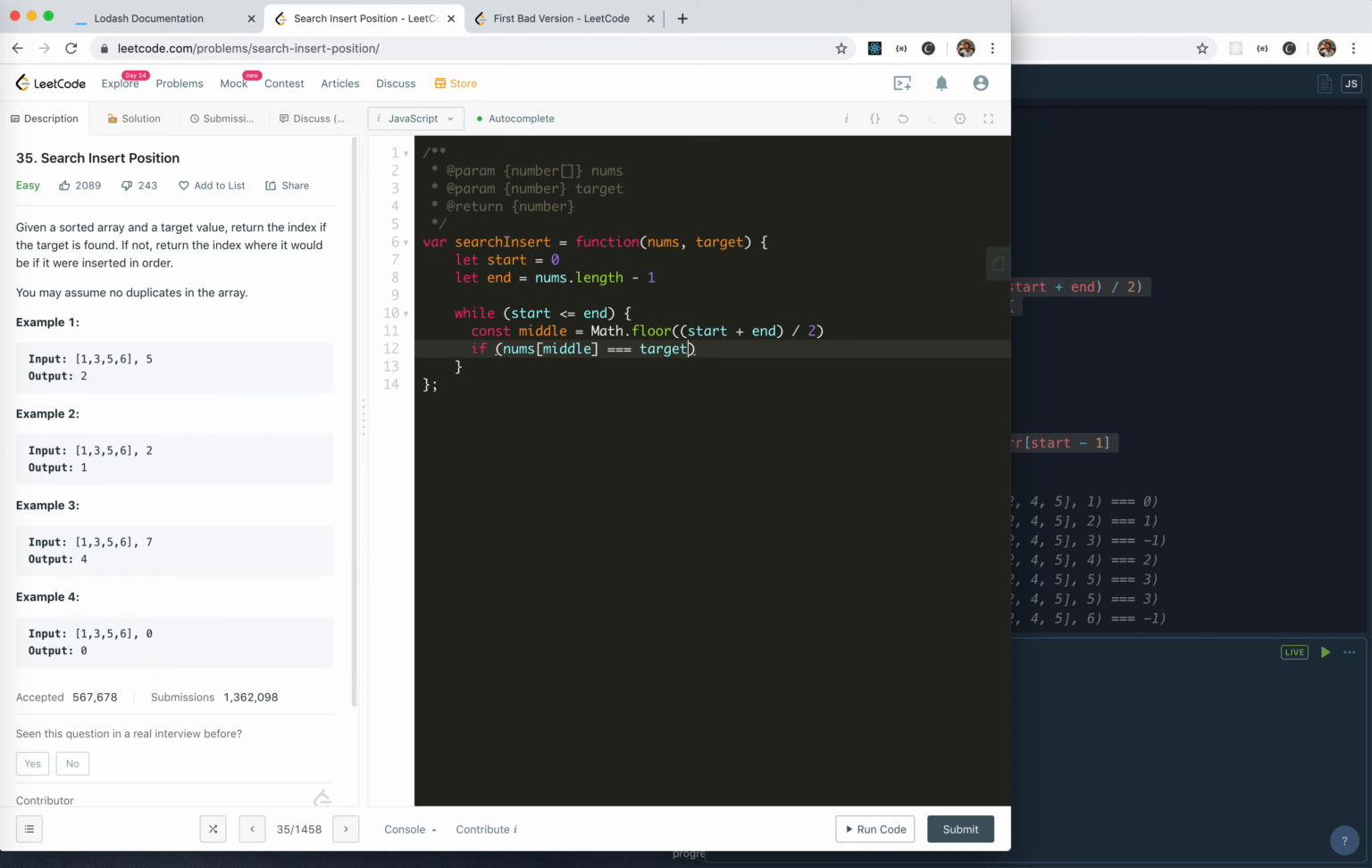Equals target, return the middle. Else if nums middle is smaller than target, we set start equals middle + 1. In the other case, end equals middle - 1. And if no one is found, return